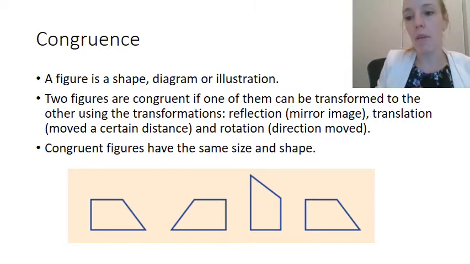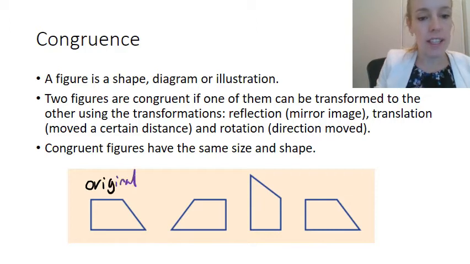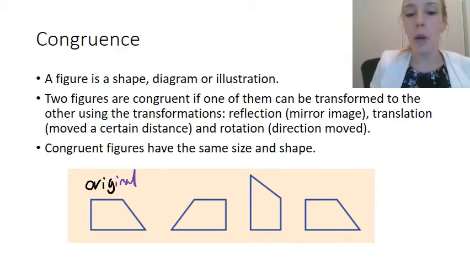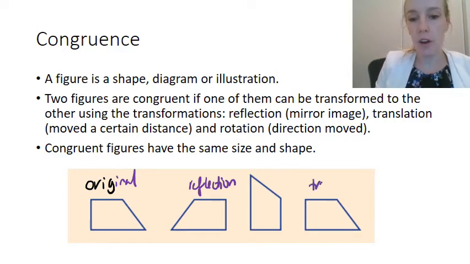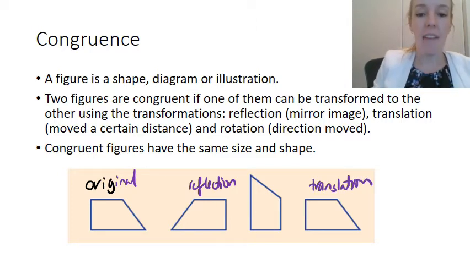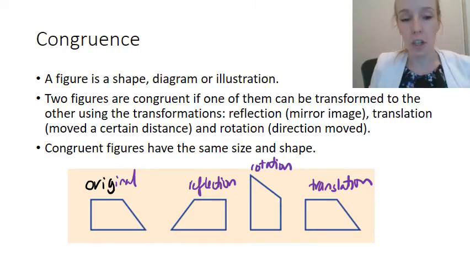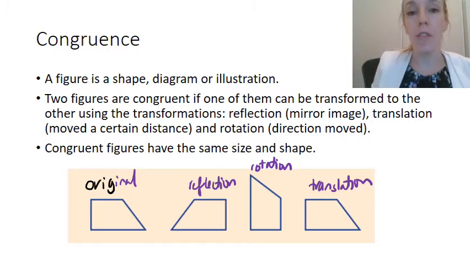So you can see down the bottom here, this might be our original image here. You can see that we've got shapes that are the mirror image. So this one here is the reflection, the mirror image. This one here has been moved a certain distance on the end here, so this one's the translation. So it's exactly the same, it's just been moved across the page a bit. And this one here is exactly the same, it's just been rotated. So that's an example of rotation. So you can see that all 3 of those are exactly the same as the first one, they've just been